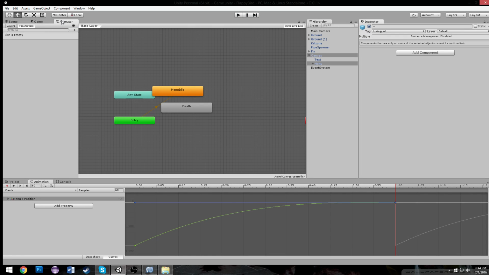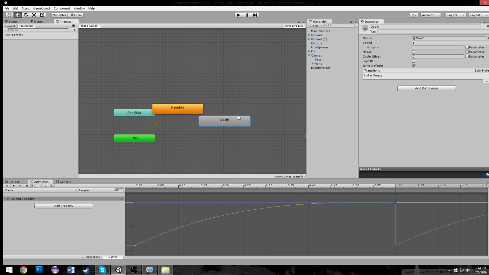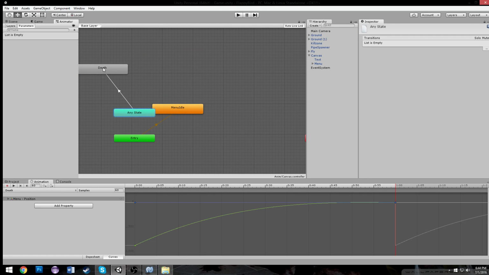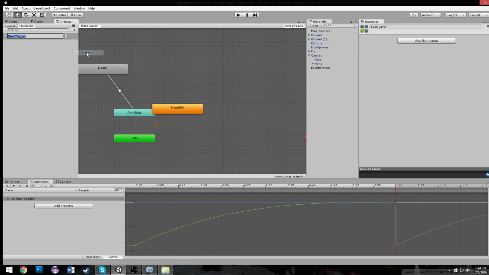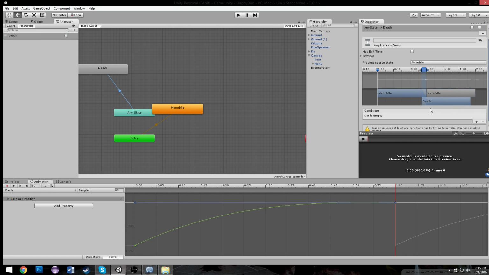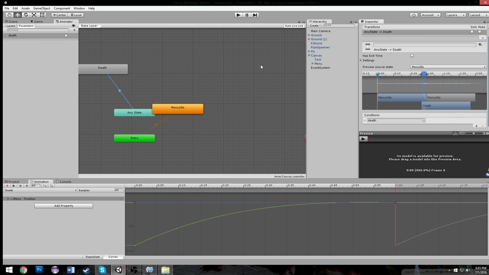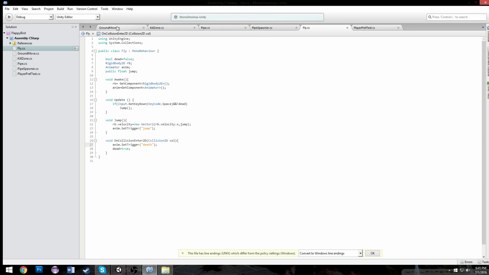Let's go to our menu here, and death is going to be called when the trigger death is called. Death, we call that trigger. That will move our menu up. Cool. Now within our player over here, our fly, we want to make it so he can call that animator. So we have another animator called menu. Our menu animator